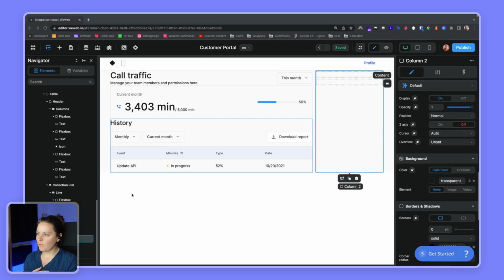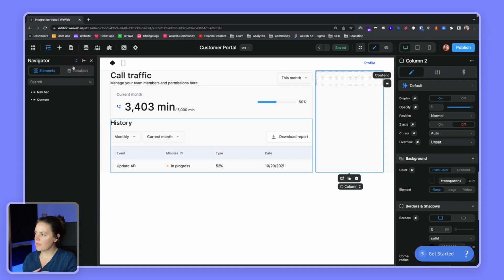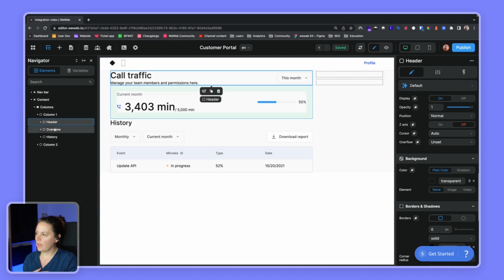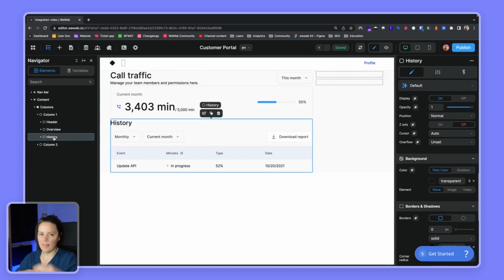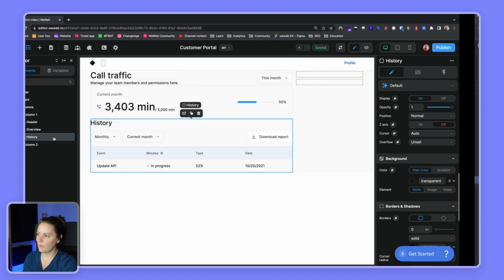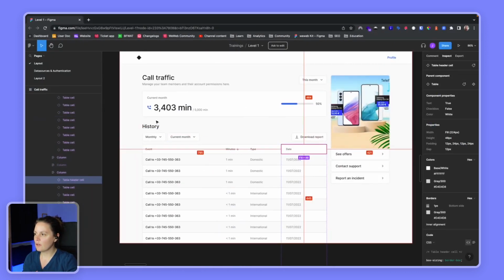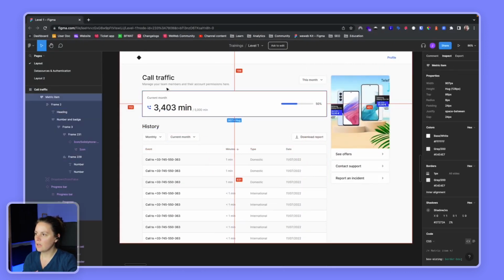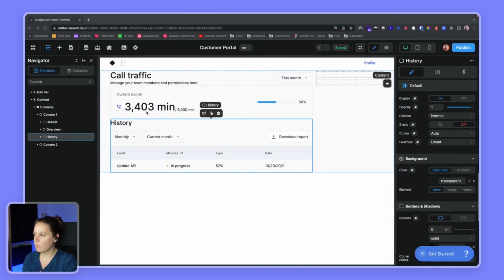This looks kind of okay, except that if we make all of this small again, the items that we have in column 1 here, the header, overview, and history, they're all kind of stuck on top of each other with no spacing. So if we go back to our Figma, let's select this one and see how much space there is between the two blocks. We have 24 here, and here we have 32. So I guess we'll follow exactly our Figma design, and we will add